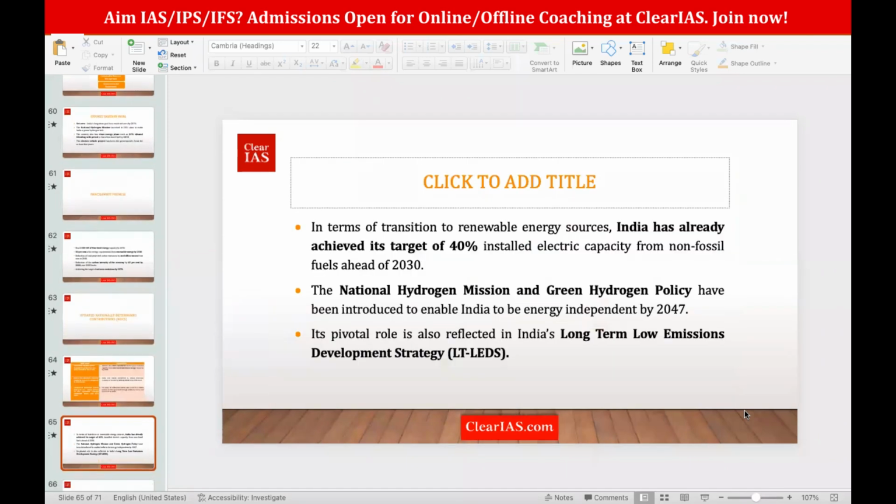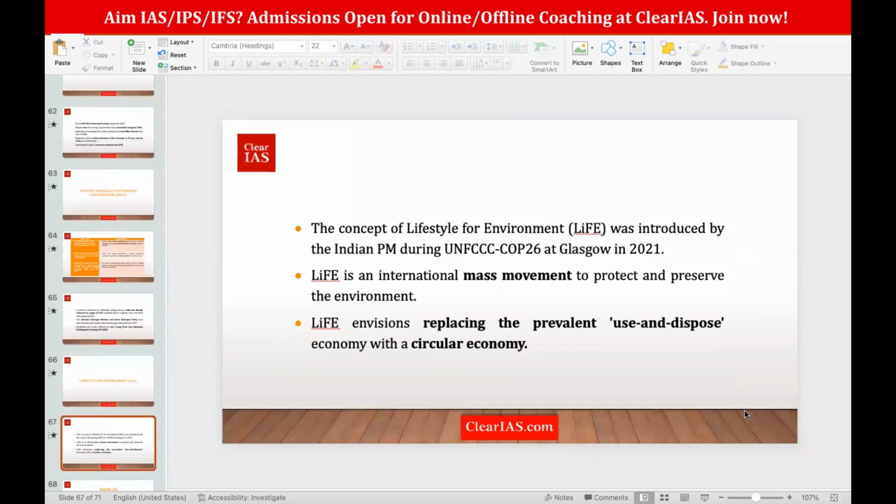Okay. Then we have also achieved the 40% target. So that is why we have increased the non-fossil fuel target to 50%. Then we also have the National Hydrogen Mission and Green Hydrogen Policy to make us energy independent. Then we have LT-LEDS also. Then the Lifestyle for Environment campaign of our Prime Minister at Glasgow COP26